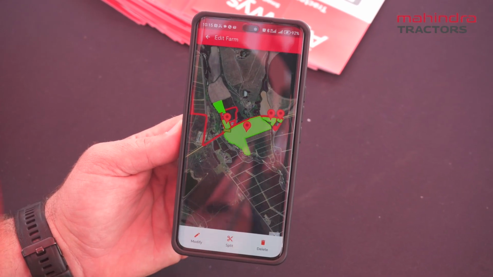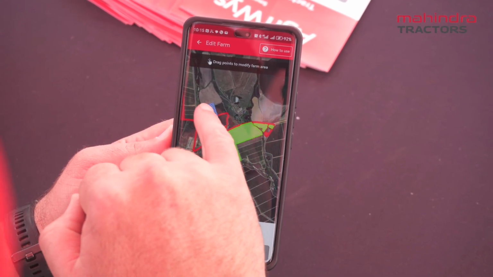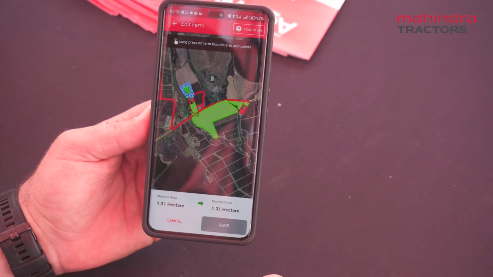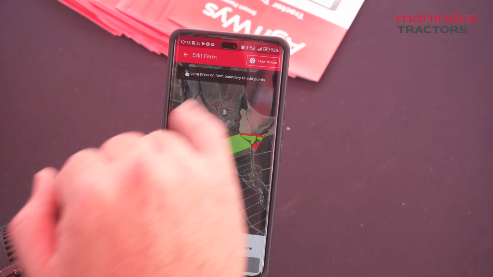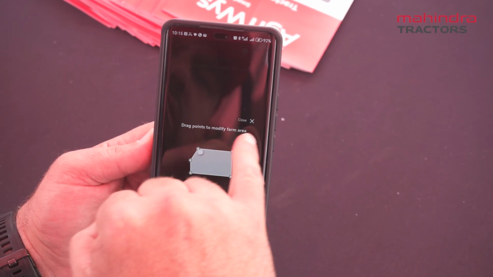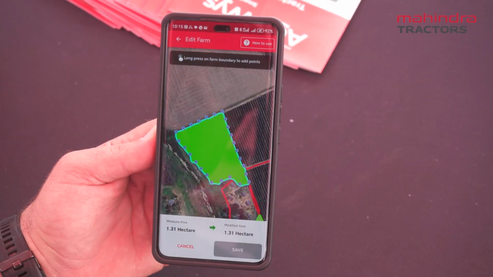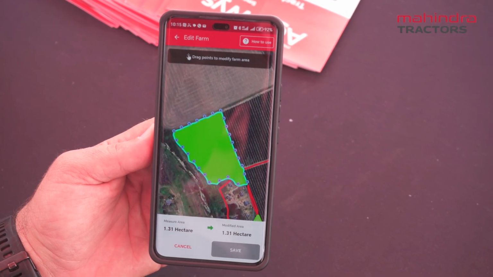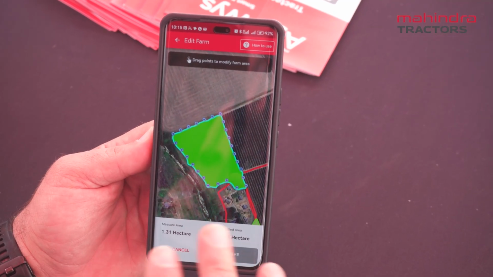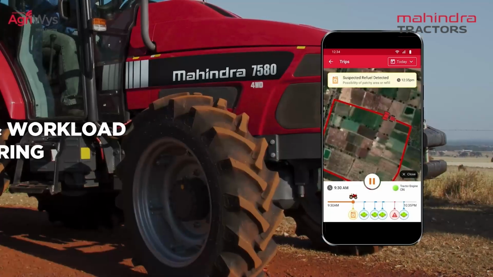You can also go here, edit your farm, where you can choose the location of your farm. It will tell you how big it is. You can save that. If there's anything else you want to know how to use, you can always open it up here. It will tell you to drag and modify the points, and you can also choose where the tractor was working or how big your farm is. And you can also use this to measure the amount of ground or where you're working for the day.